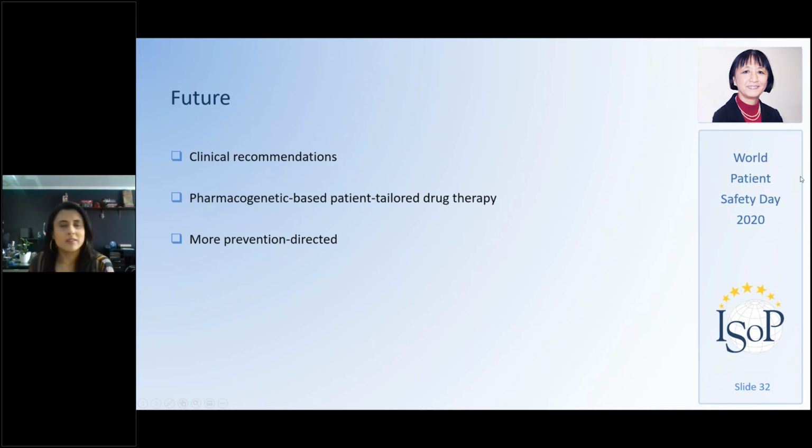Dr. Jin, thank you so much for your very interesting presentation about pharmacogenomics and pharmacovigilance. We have some questions from our attendees. Our first question is, we now understand that there are many examples where adverse drug reactions are due to genetic variants in the patients. How do we discover an association between a genetic variant and an adverse drug reaction?